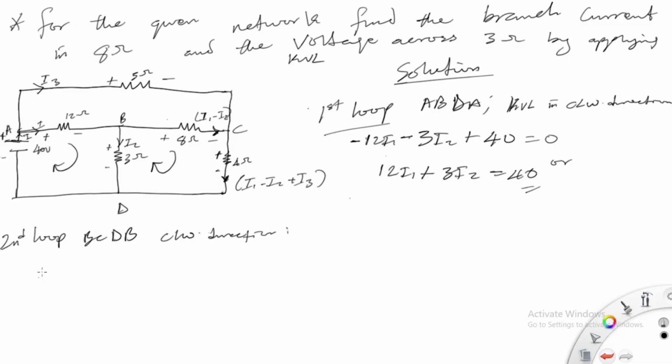So what we would have, let's start from here. From B to C, we would have the drop minus 8. What's the current acting on it? I1 minus I2. Am I correct? Minus what else? 4 is a drop, the resistor, 4 ohms, open bracket, I1 minus I2 plus I3. That's the current acting on it. Then we have another resistor, which is a rise, 3 ohms, with the current I2 acting on it equal to 0. So here we would have minus 8I1